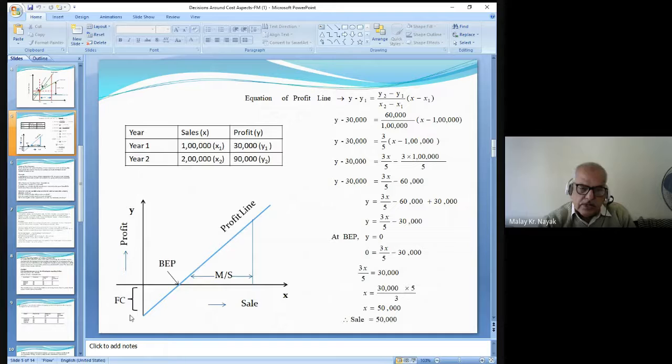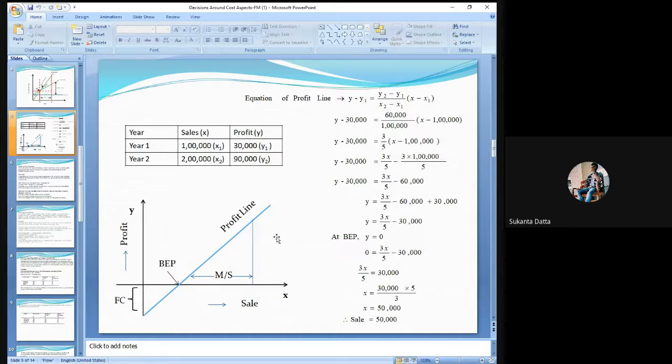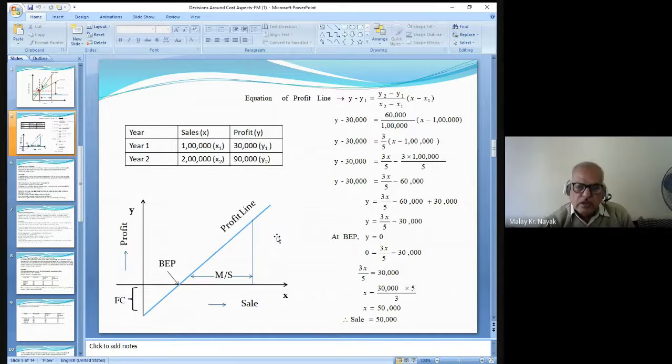Therefore, this profit starts from below the 0 figure, and these 2000 depict the fixed cost. Fixed cost is not negative; profit is negative. And this negative profit depicts the amount of fixed cost. How far negative? The amount of fixed cost. Is it not? Sir, Sukanto? Why can't we call this a loss instead of negative profit? It is loss. Loss 2000 and profit minus 2000 are the same thing. Who has stopped you from saying it? If someone says profit minus 2000, or someone says loss 2000, it is the same thing, isn't it?